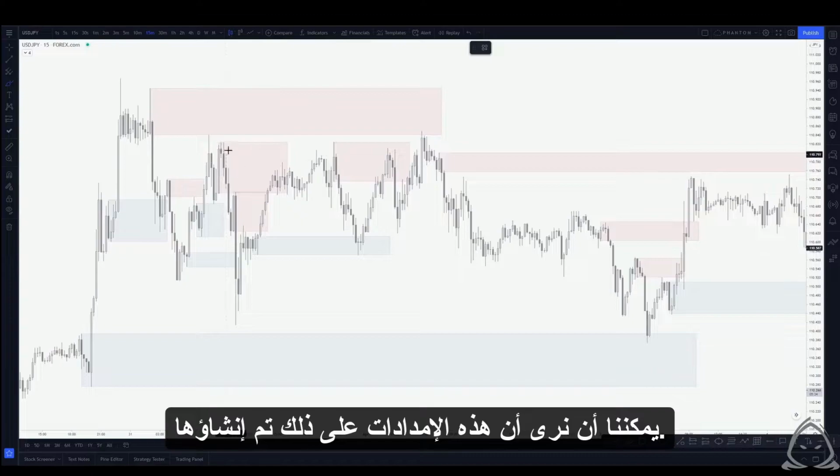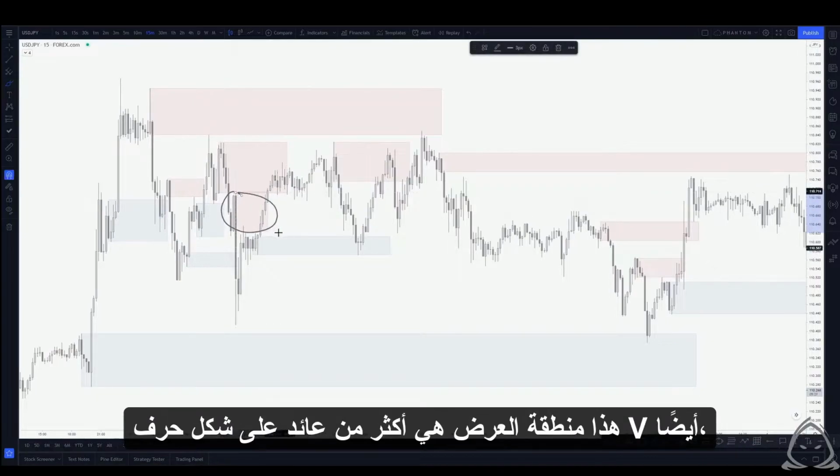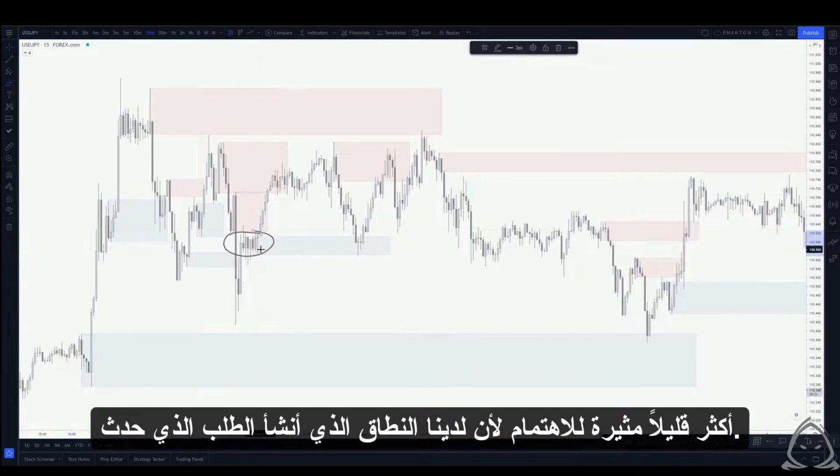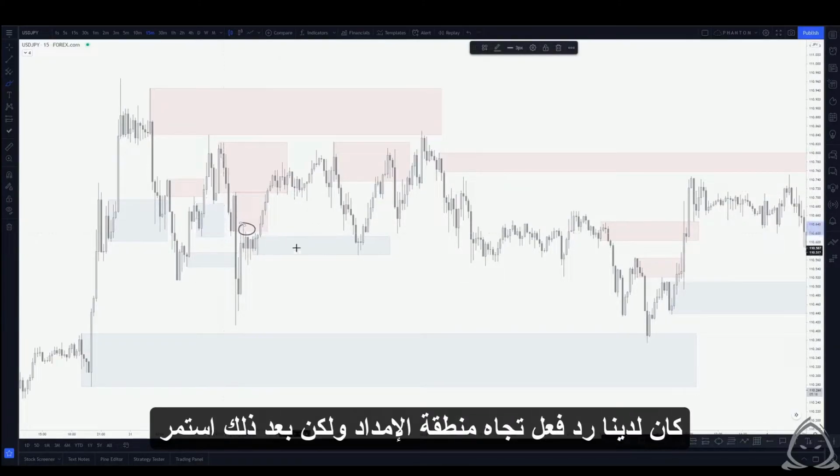We can see that this supply zone that was created, we had a V-shaped return back to that supply zone, as well as this supply zone was more of a V-shaped return as well. A little bit more interesting since we had the range created demand that happened just before it really tapped into it, because as we can see, we had a reaction to the supply zone, but then price continued on to